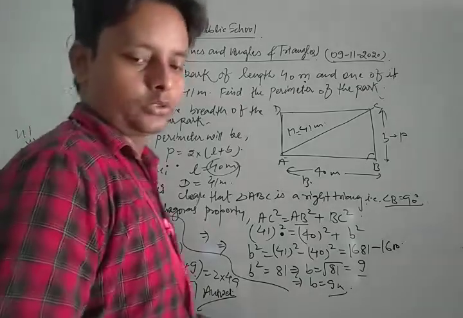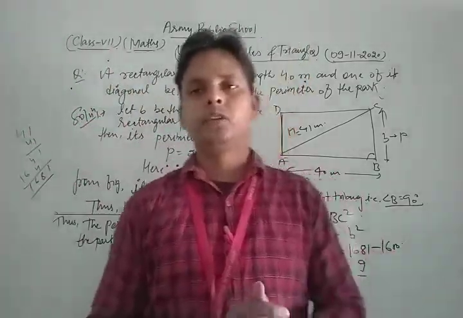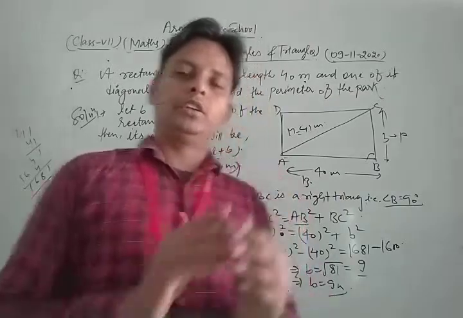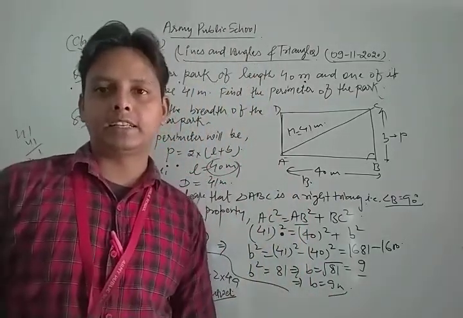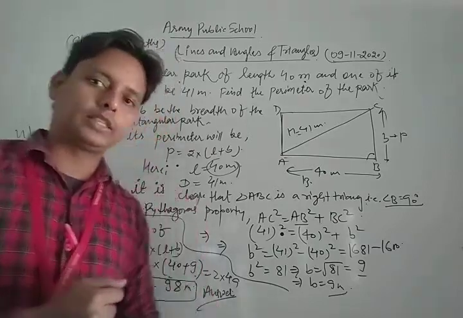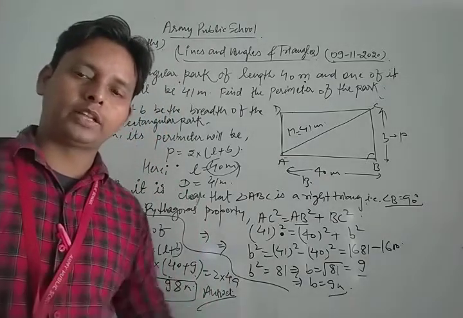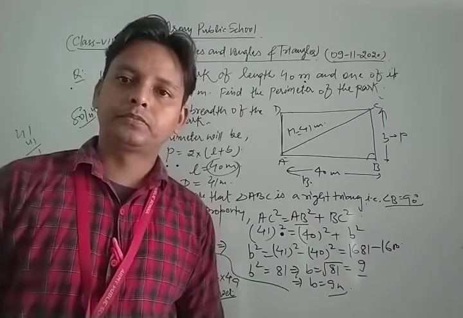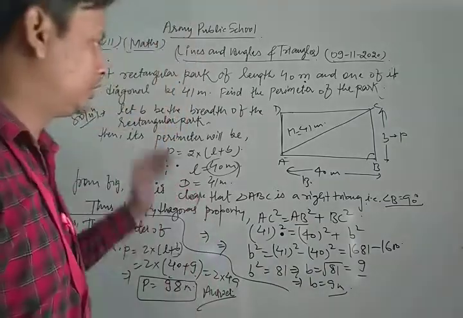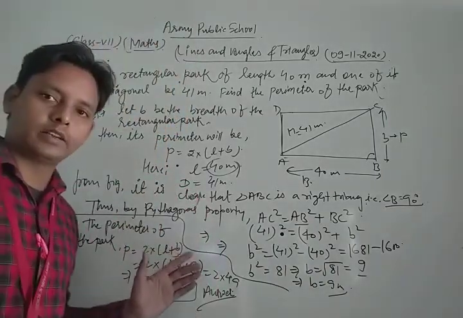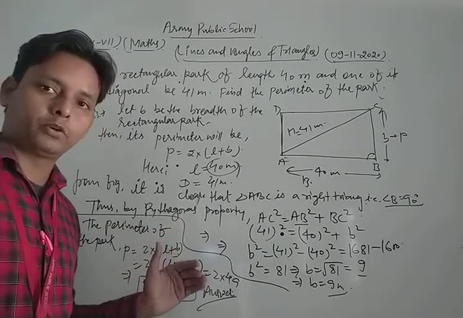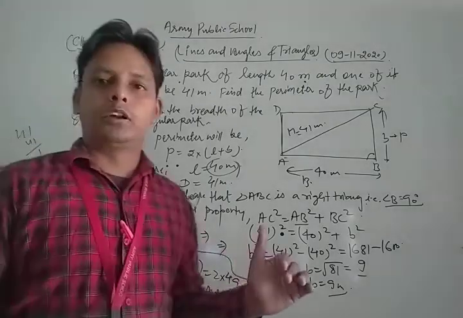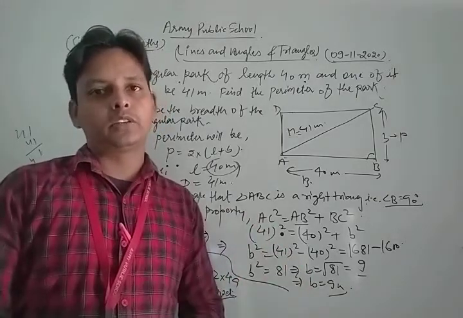Okay. Thus, dear students, in this way, first revise all the important concepts related to a right angle triangle. After that, you can solve each and every question of your NCERT exercise based on that topic. So first you revise all the questions which we discussed in that class based on the right triangle and the Pythagoras property. After that, you can solve each and every question of your NCERT exercise.